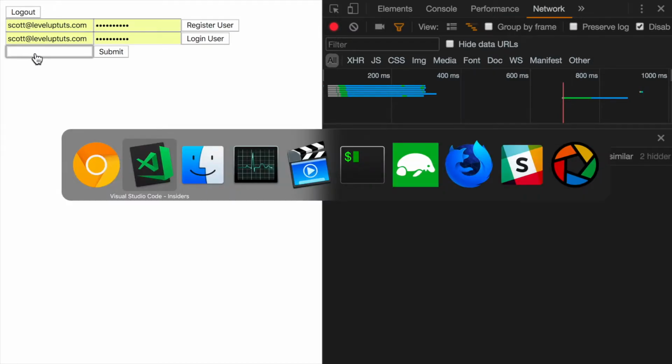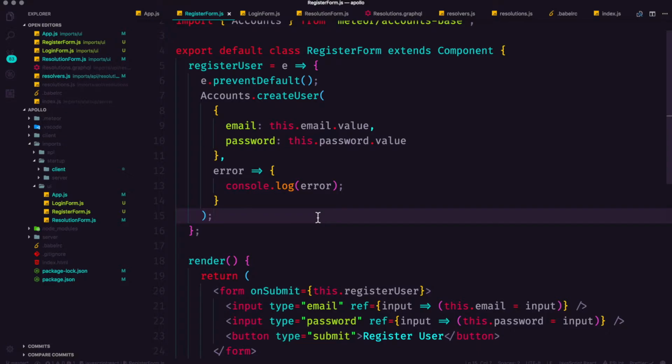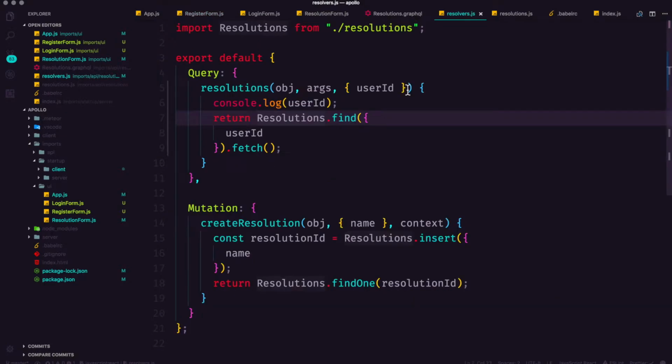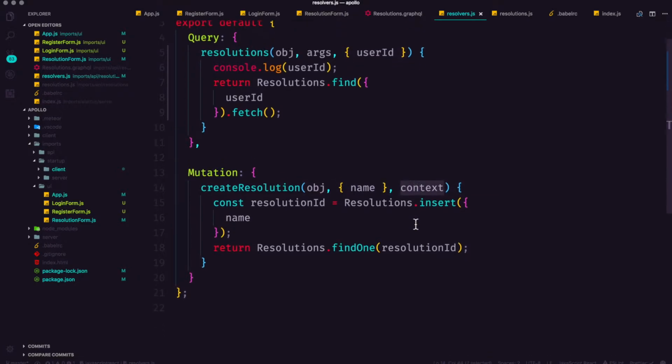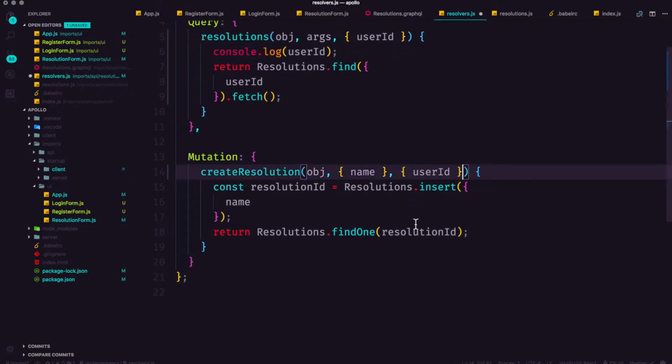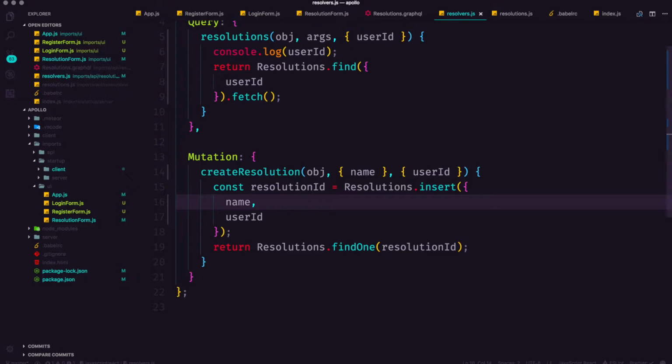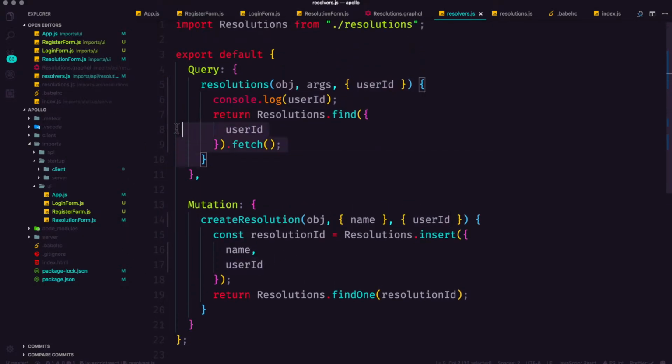What we want to do is attach each resolution that's saved or mutated here to a particular user. Again, we have access to the entire user object as well as the user ID via context, and we have context available to us in our mutation. So if we get the user ID from context, the next time we insert a resolution with a name, we insert it with a user ID as well. This will attach the user ID to the object we store in the database,